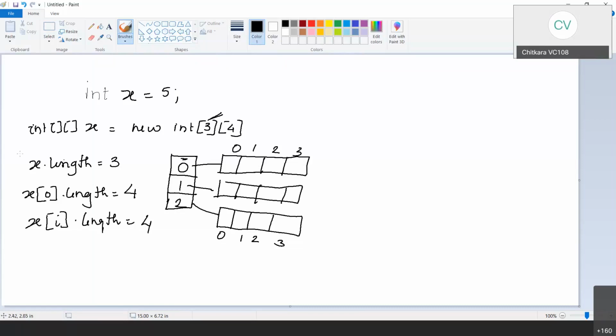So point number 1, that's how we declare a 2D array. int square bracket, variable name, is equal to new int 3 4. What does this 3 indicate? Number of rows. What does this 4 indicate? Number of columns. So now if I take you back to my Word document,